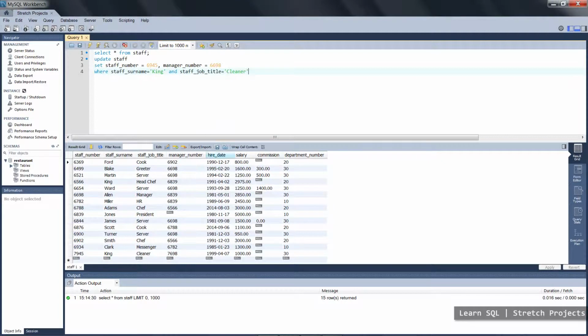If we didn't have this second part of the command, the job title is cleaner, we would also get the head chef whose name is king, and we don't want to change his staff number as well. And so it's important that you're very specific with the where command in this scenario when you're using this update command. And if we run this and then select everything again,